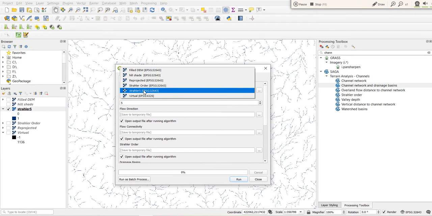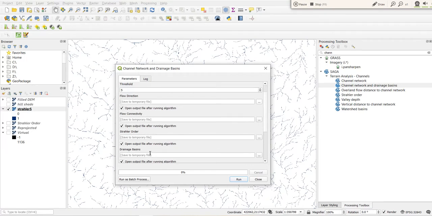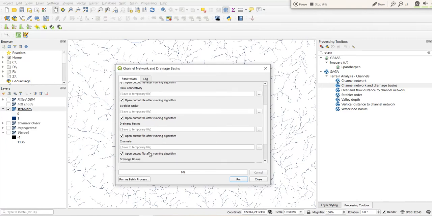For which file we have to select, let's say I am selecting filled DEM. Threshold value of channels, let's say 5, because I have given 5 to 11. I want to see flow direction. There are so many algorithms for flow direction, flow connectivity, Strahler order, and drainage basins, channels.